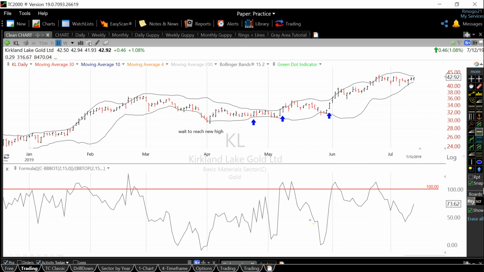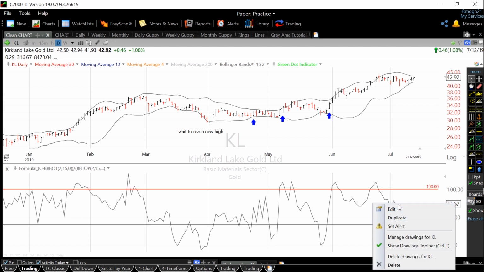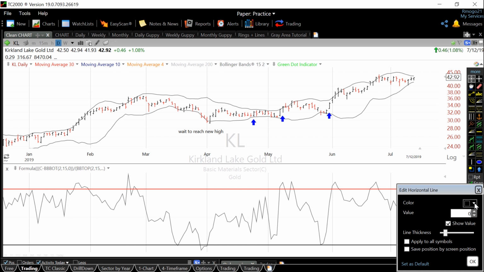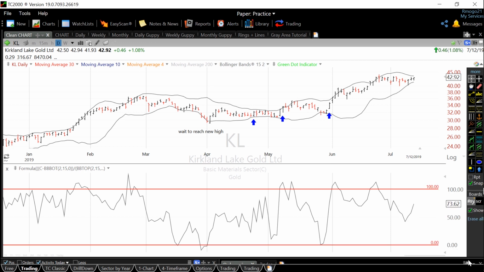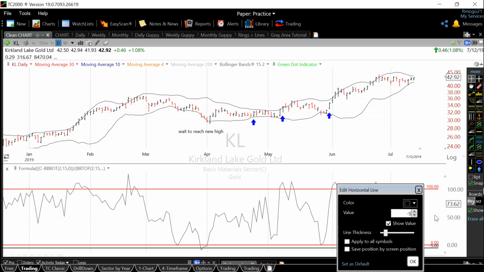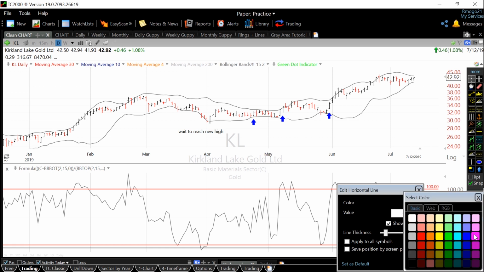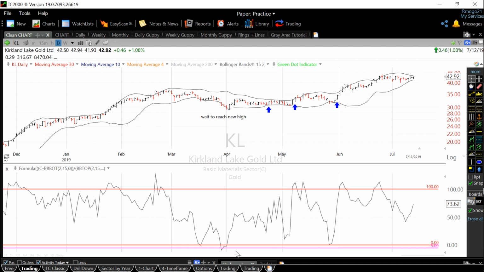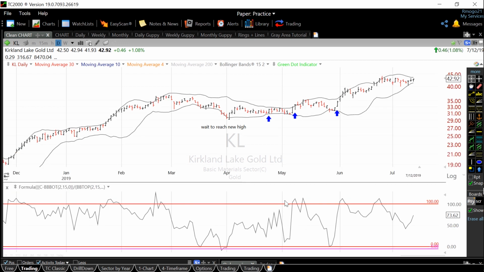And we're going to do the same thing and click here and make another one that is at 0, and make this red again, and also one more edit which is at -5. I made this -5 one just because it shows when it's severely below where the statistics show the stock should be. And now that we have this indicator down below, we're going to alter it a little bit so that